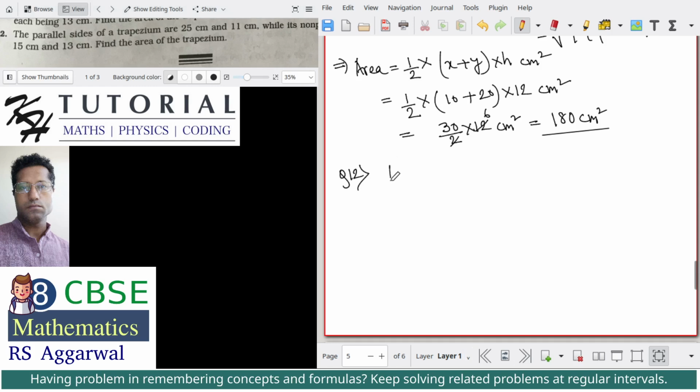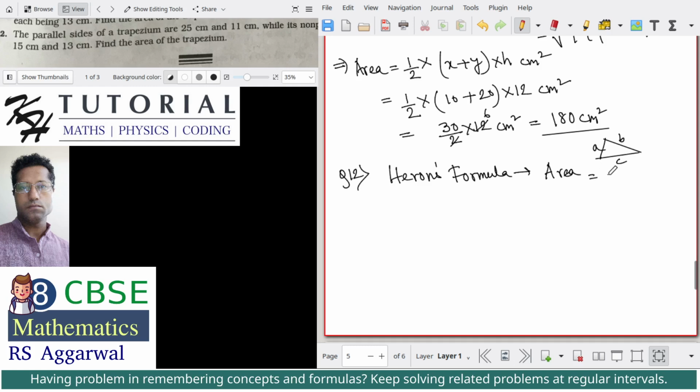Quite surprisingly, in the book of author RS Aggarwal, it was written as Heron's formula, but it is actually Heron's formula, which is the area of a triangle. If we have a triangle with the sides a, b, c, the length of the sides of a triangle is a, b, c, then